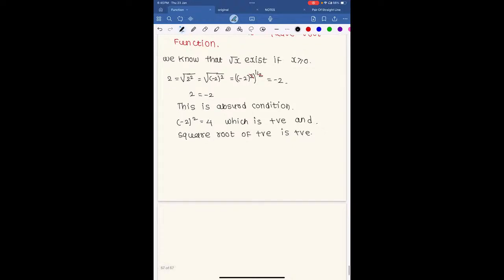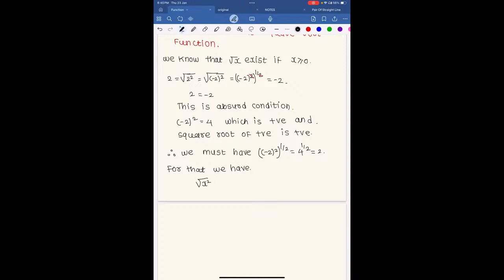Therefore, we must have (-2) square raised to 1/2 equal to 4 raised to 1/2, which is 2. So for that we can define, for that we have